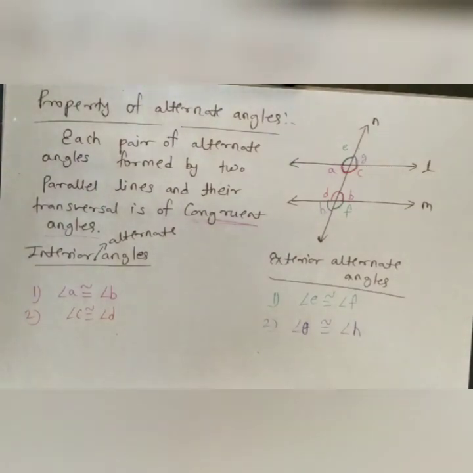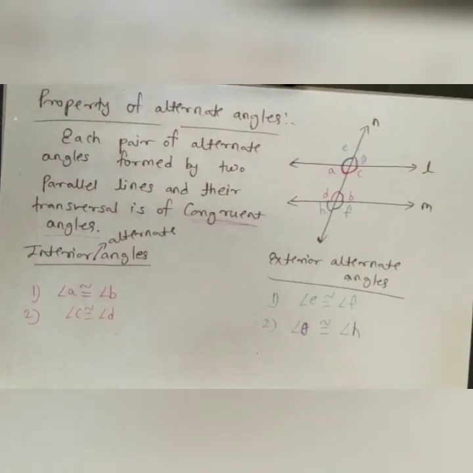We must know the pairs of alternate angles, pairs of interior angles, pairs of corresponding angles, what is a parallel line, what is a transversal line, and the property of alternate angles, property of interior angles, property of corresponding angles. These things we must know. If we don't know these basic things, we cannot solve the problem based on these properties and the pairs. So this is a very important thing.